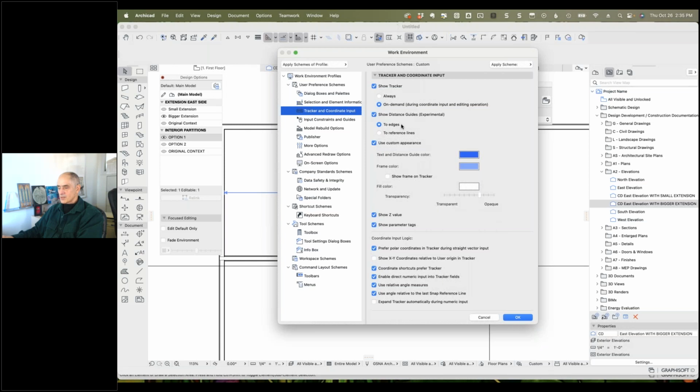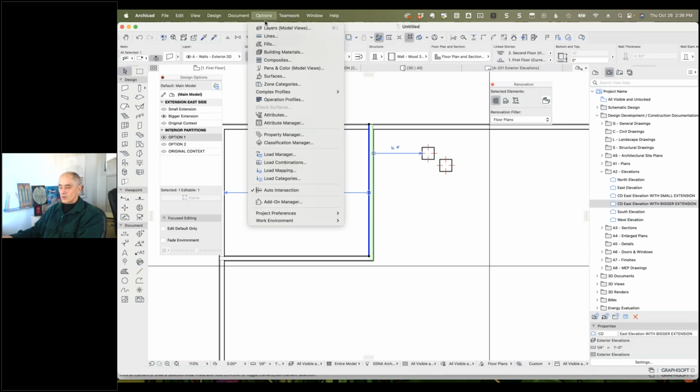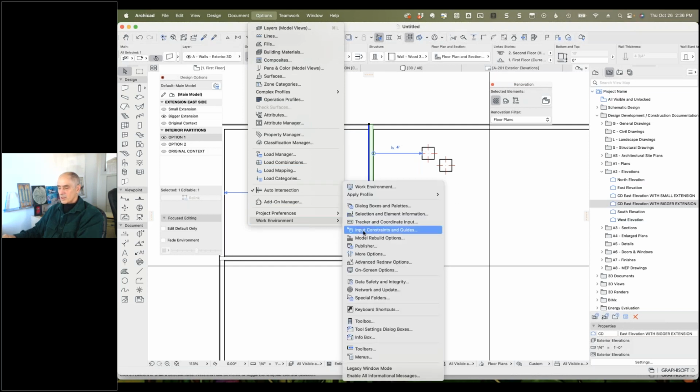So on demand, 2 edges. This is an option for whether it measures to the edge of the wall or to the reference line of the wall. But I'm not seeing something that allows you to turn it on or off or change options up here. Hover over it, show hide tracker. Yeah, it doesn't have it, there may be a button. Let me take a quick look. We can customize under, no,